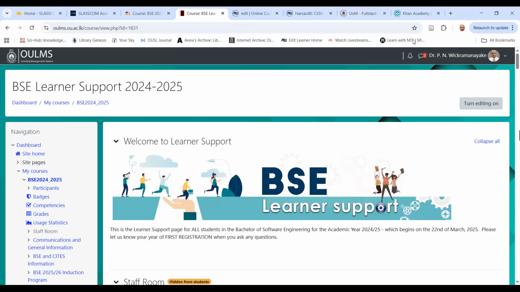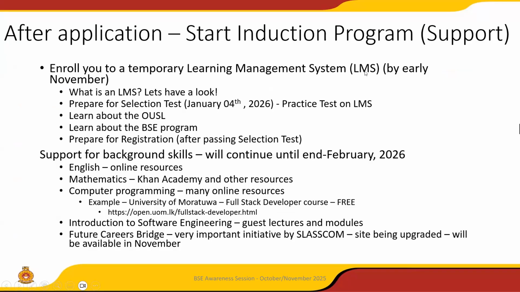So this is a learning management system, and this is how we will use it. So now we have learned about a learning management system, and we know that we will use that to prepare for the selection test, which is on the 4th of January. There will be practice tests and other resources on the learning management system.